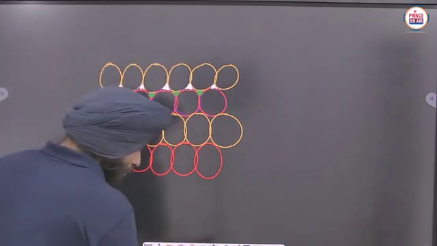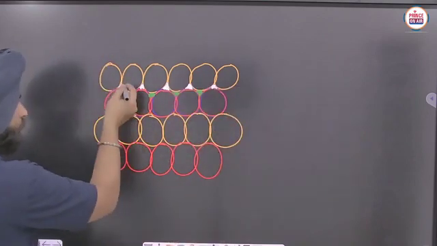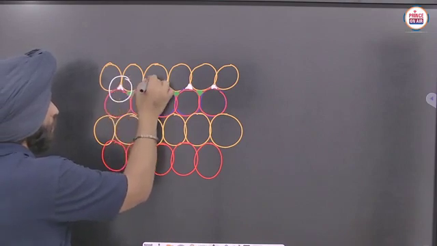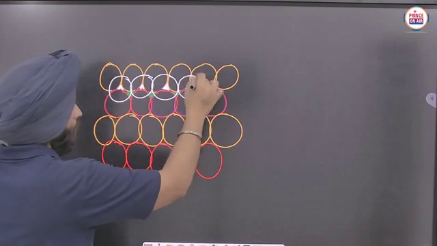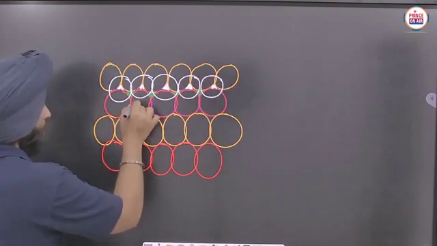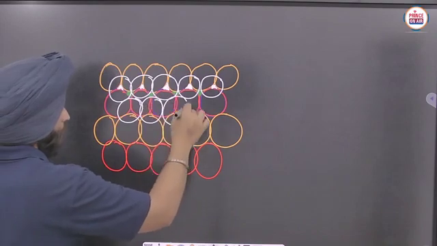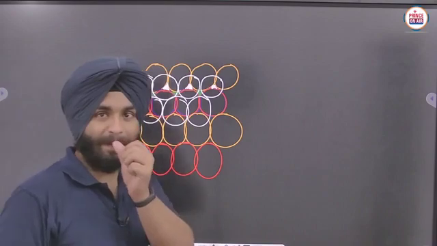So now what will we do here? We will cover this space. Once again. Clear? Can you see this properly?